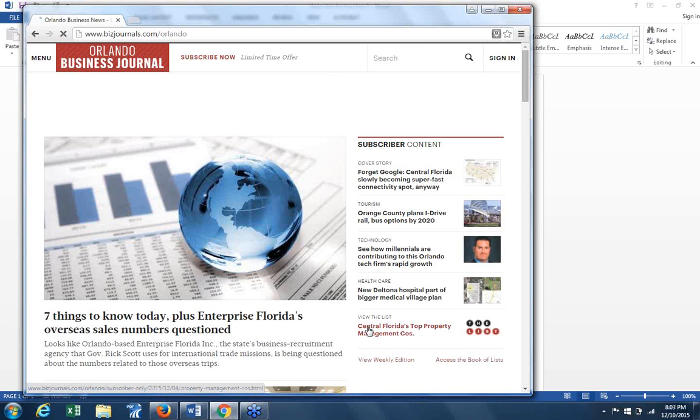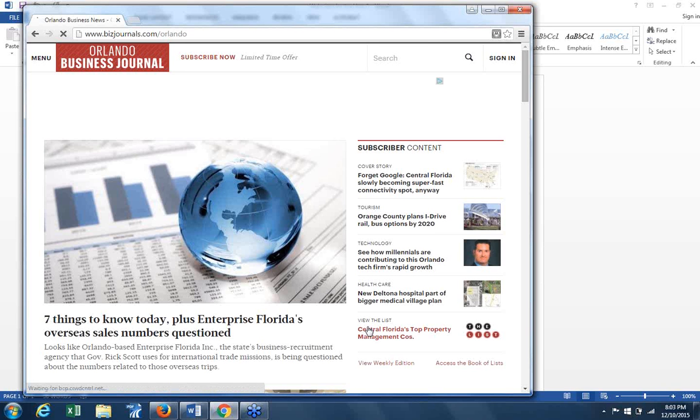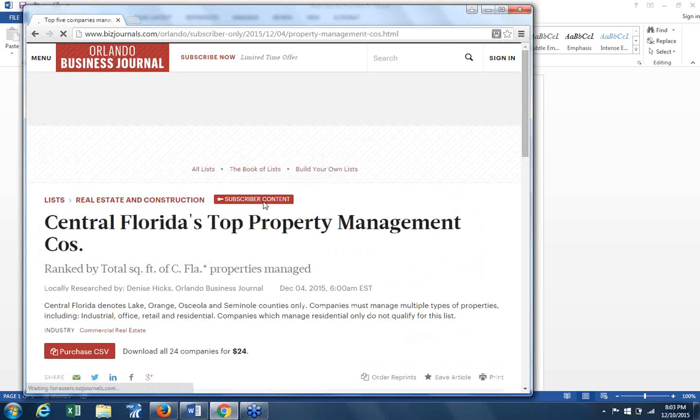The list. So right there on the front page, they're showing you these management companies, ranked by total square footage. These look like the big commercial companies. I recognize them. If you subscribe to the Book of Lists, or you can download it for $24.